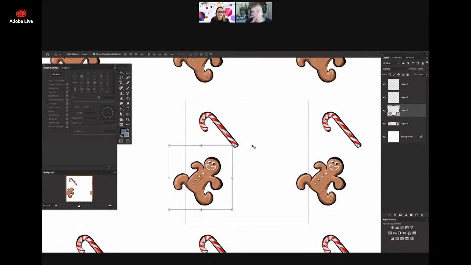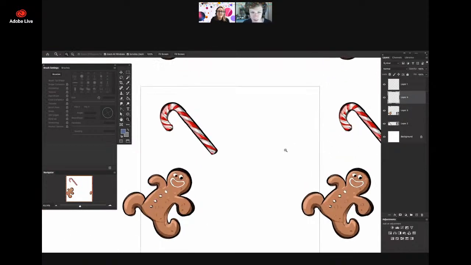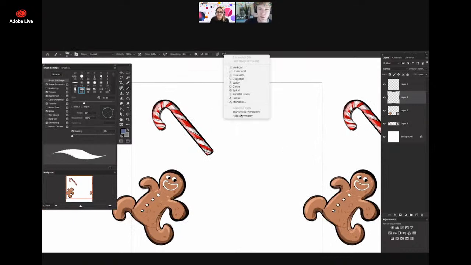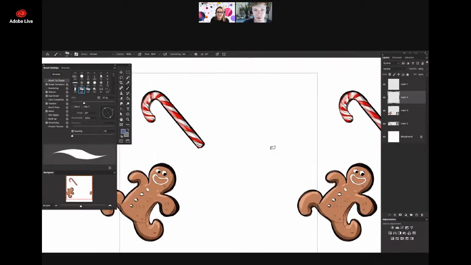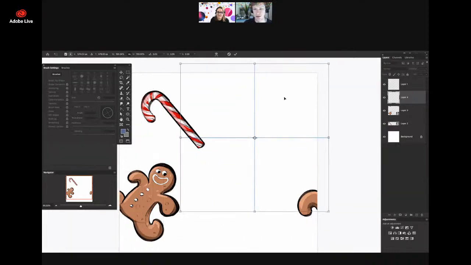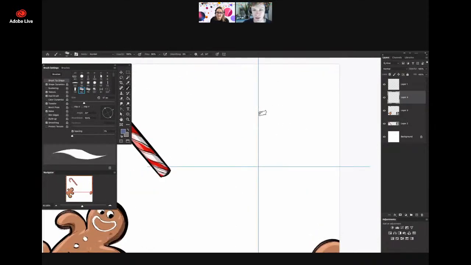I did hear a mention before of a snowflake, so I thought I'd quickly do one of those. And there's actually an opportunity to show you another really fun tool within Photoshop, which they added a year or so ago to the drawing features, which is called symmetry. So if you're using a brush tool and you've got your panel at the top, you drop down from the little butterfly, and there's a bunch of options for creating a symmetry grid. I'm going to use one called dual axis. You can see it's going to put a little square on the screen. I'll say yes, that's correct, press enter, and select my brush. And now when I draw,